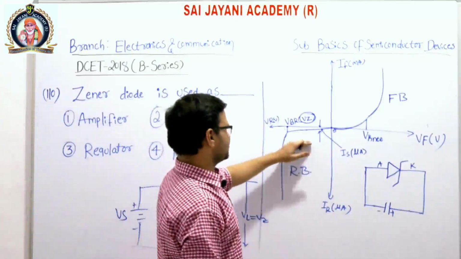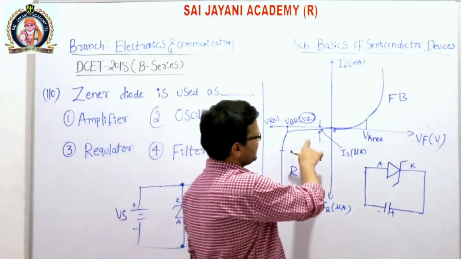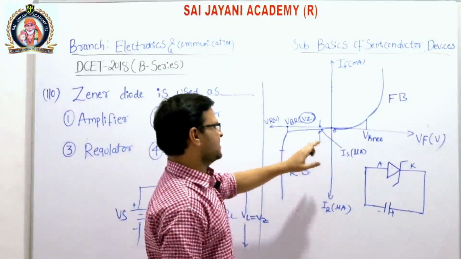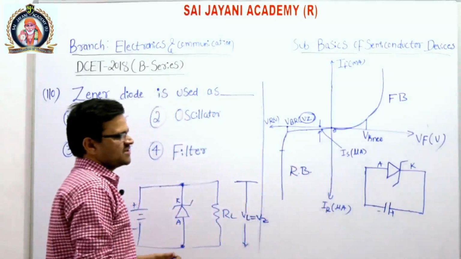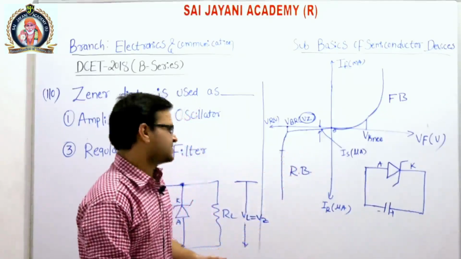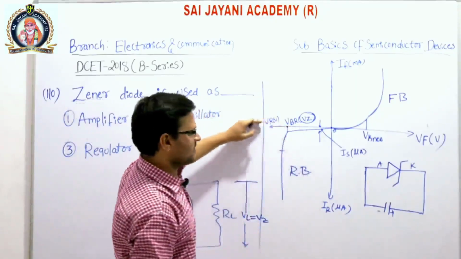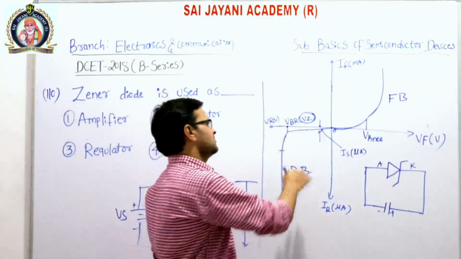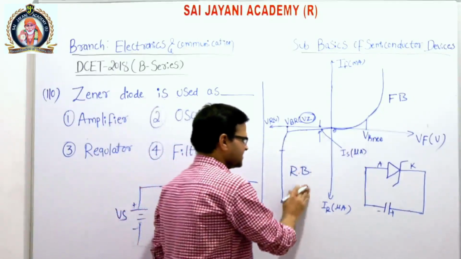If we increase the voltage up to the breakdown voltage, then there will be some current in the Zener diode. That current is called reverse saturation current. This current exists due to the minority charge carriers. If we increase beyond the breakdown voltage, then there will be a drastic change in the current,